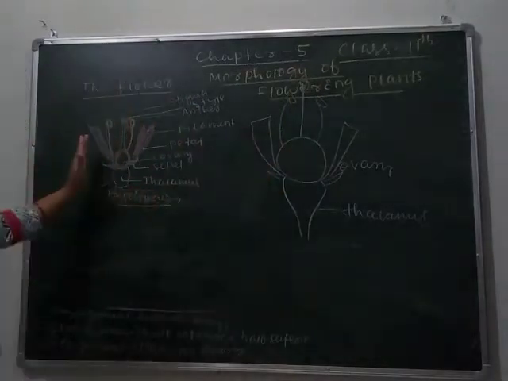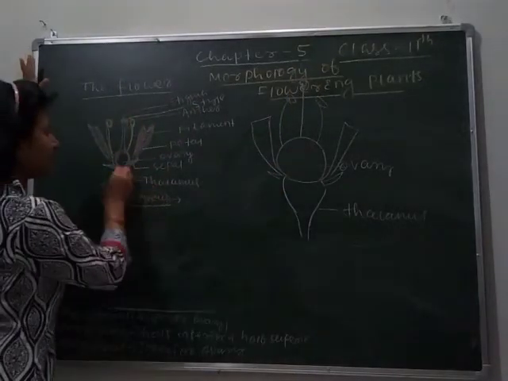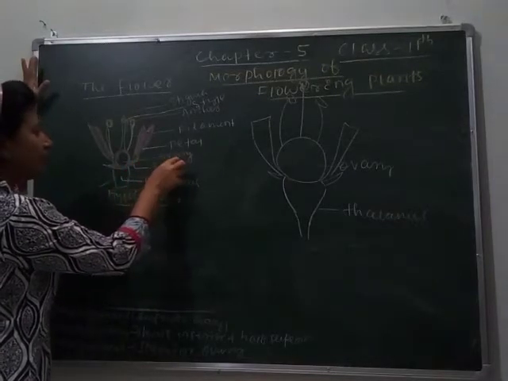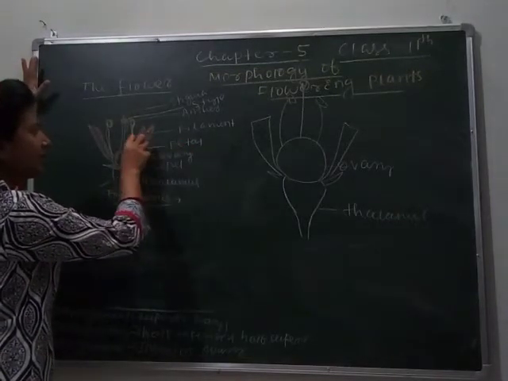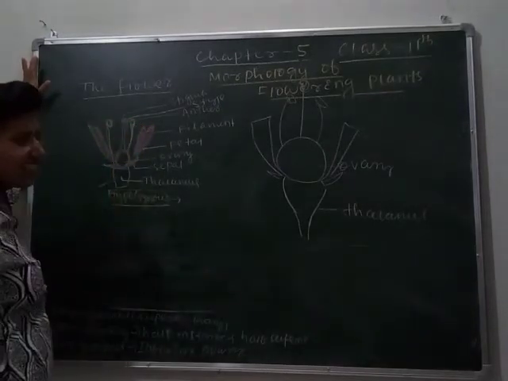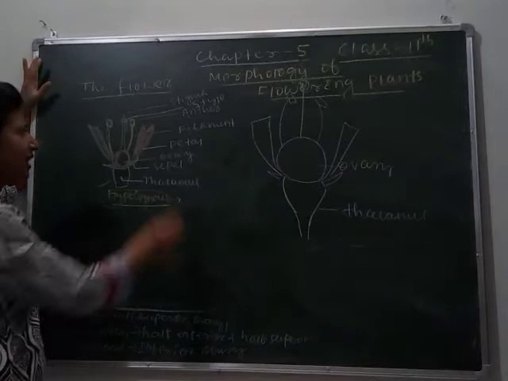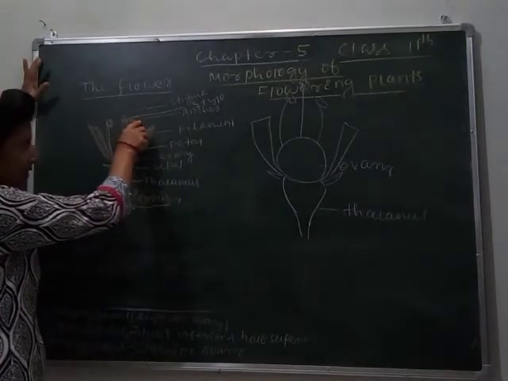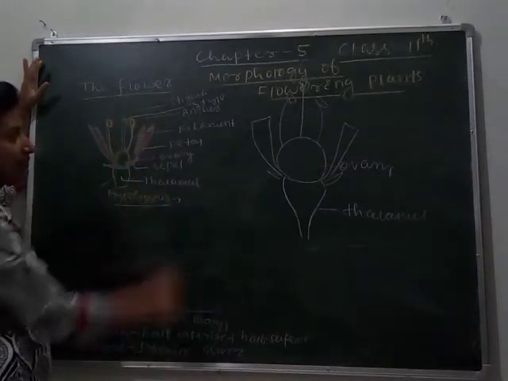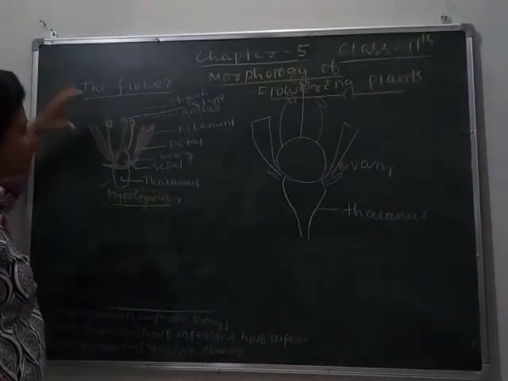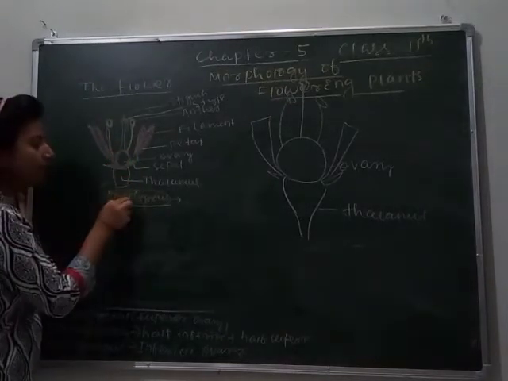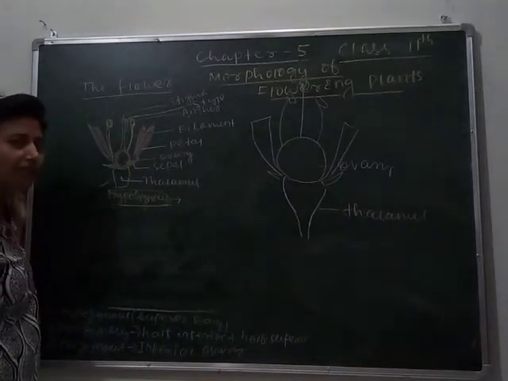Here in the diagram you can see, this part is thalamus, this is sepal, this is ovary, this is petal, this is filament of the stamen, as stamen contains both anther and filament. This is anther, yellow colored, then this is filament, then the upper part is stigma, which is the landing platform for pollen grain. This type of arrangement of floral appendages in a flower represents the hypogynous type of ovary.